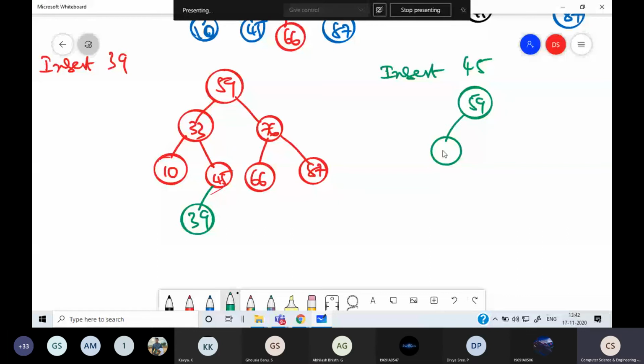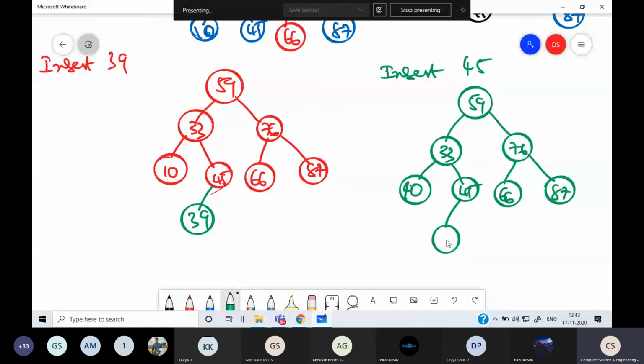See, the property should always be satisfied. The root must be greater than or equal to all the nodes of the left subtree and less than the right subtree. That we have to follow.